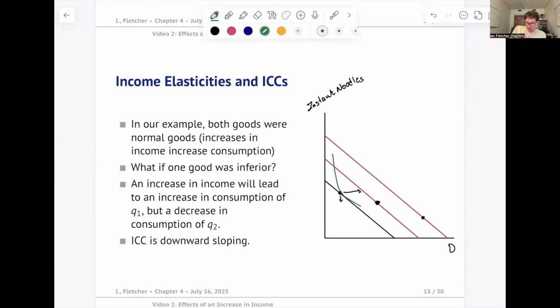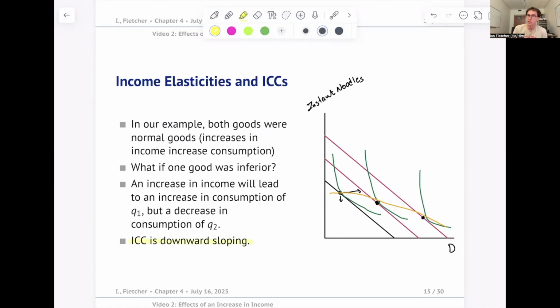So our ICC is then, and again, there's indifference curves all along this. Our ICC is now downward sloping. And our ICC does not have to be a straight line, right? If we wanted to fit this actually, it could look like this. I'm just drawing it as a straight line for simplicity and for ease, but it does not have to be a straight line. All it has to do in this instance is be downward sloping,